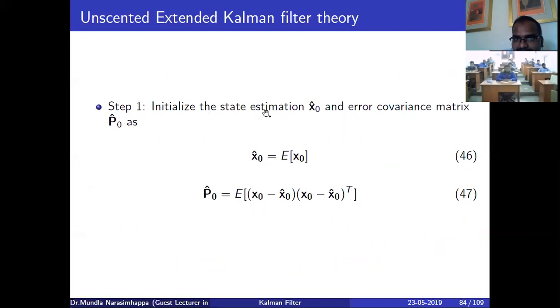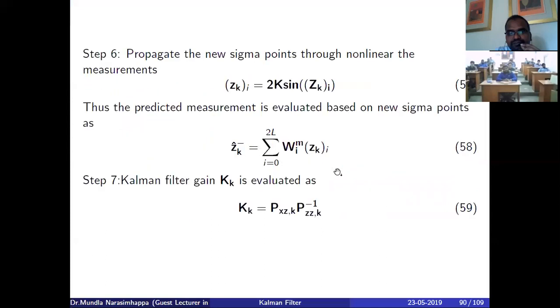So the initial state, these are the expectation properties, right? So x hat equals the expected value of x0, right? So P hat, which is the expected value of, I'm just using the covariance matrices, right? So here you can see,